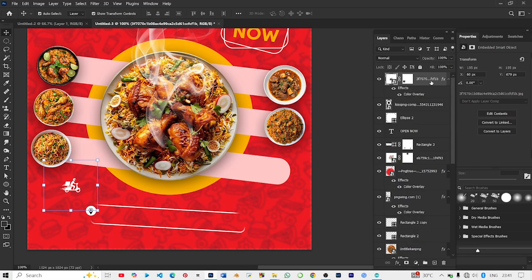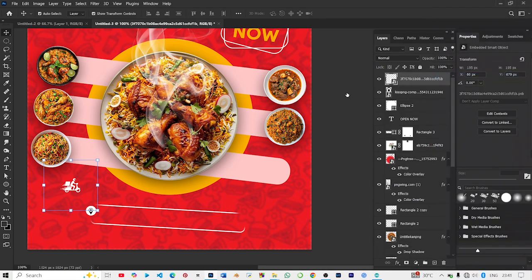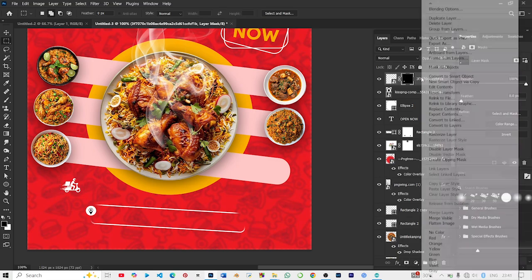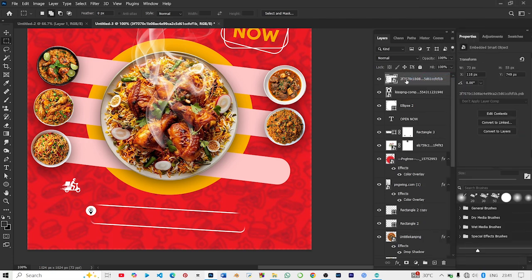Alright, so let me just convert this to a smart object. I'm going to right click and convert to a smart object, and then I'm going to come to my tool here, rectangle marquee tool. Just select this, and then I'm going to separate it, convert to a smart object. Good. So now the next thing I want to do is